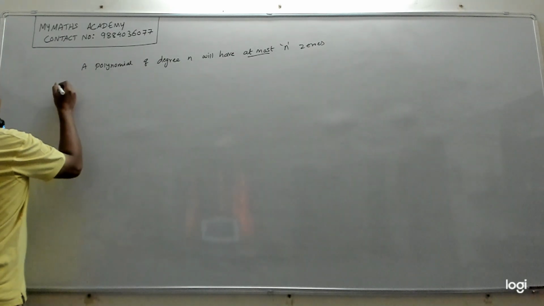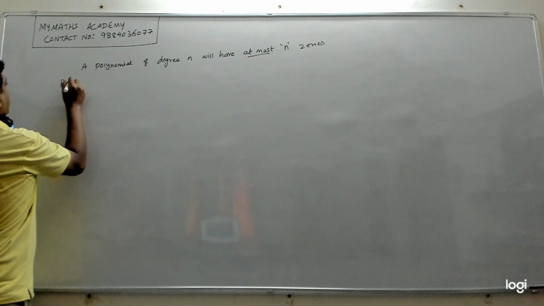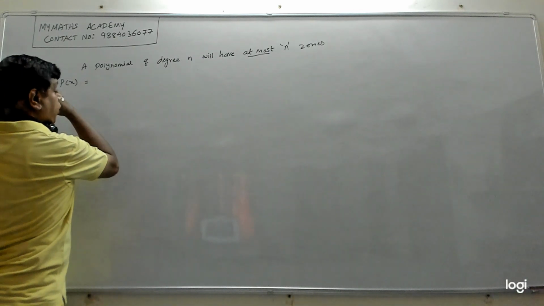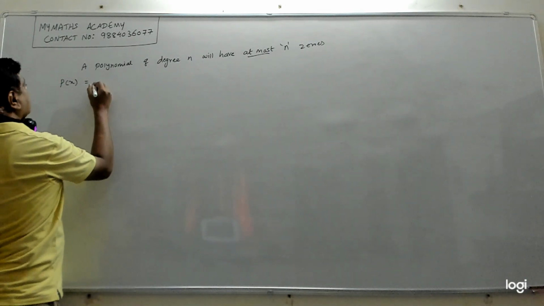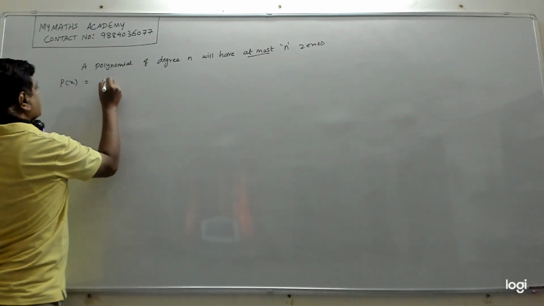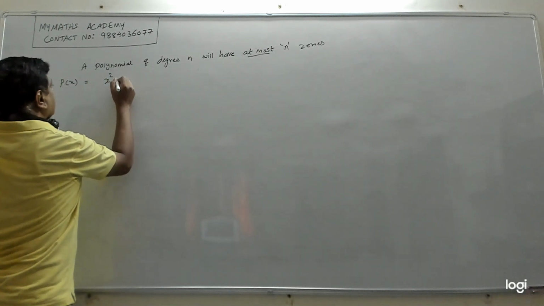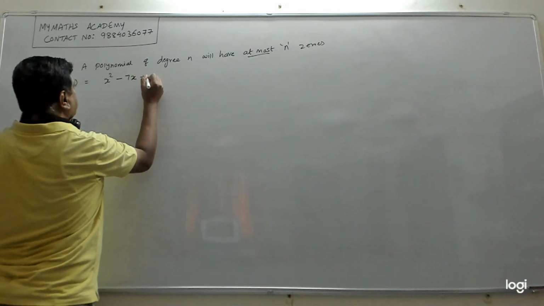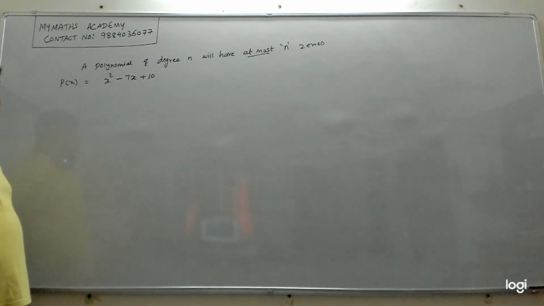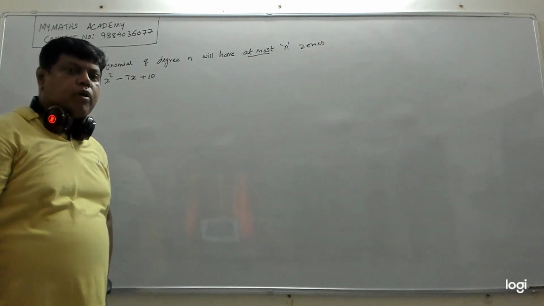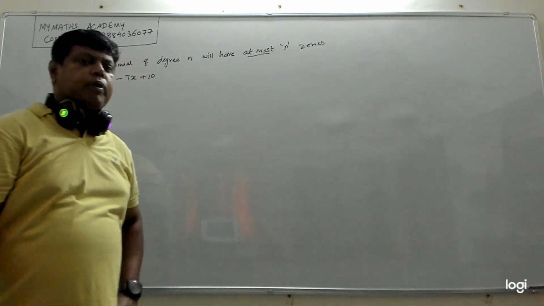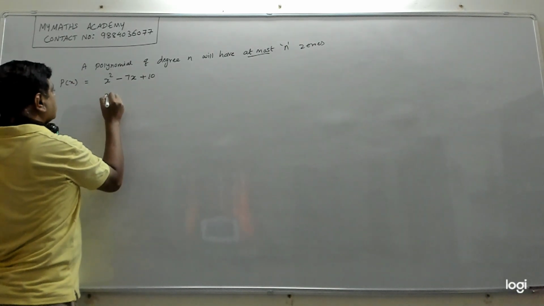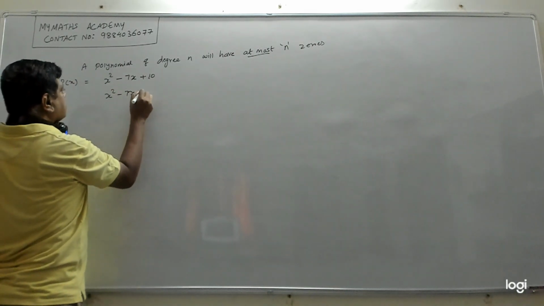Okay, let's take a quadratic equation. Let's take p of x equal to a quadratic polynomial, which is suppose x square minus 7x plus 10. Now we need to find the number of zeros of this polynomial. Now when you find the zeros of the polynomial, we will take the polynomial and put it equal to 0,